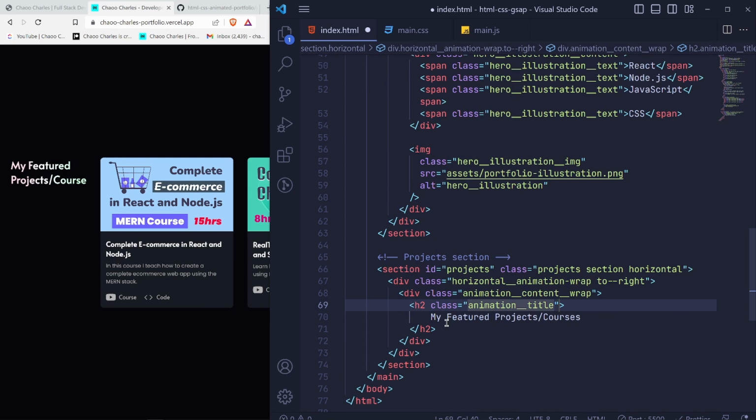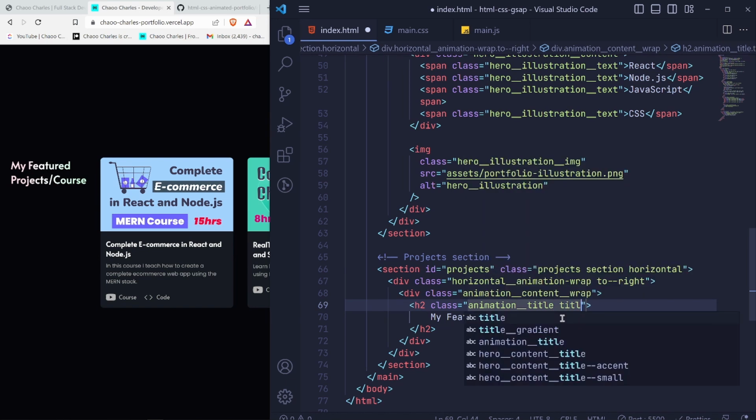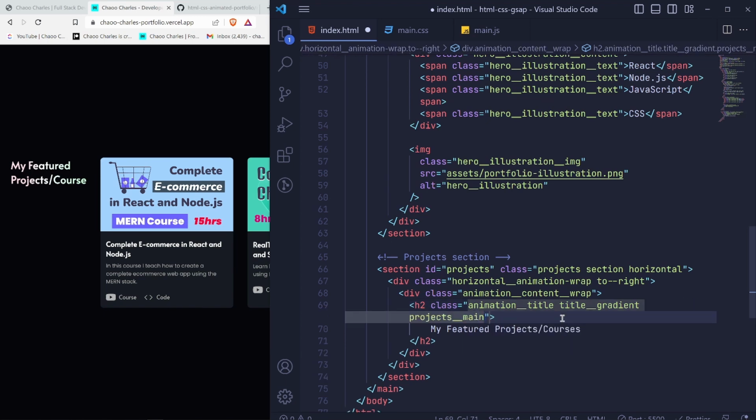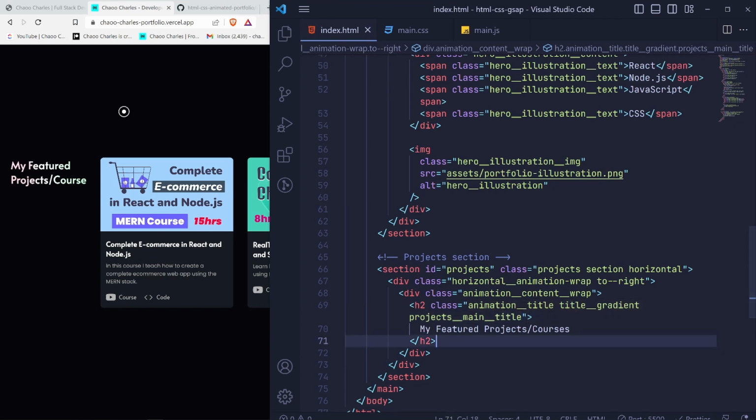So that's why I used animation. Then here we'll have title, then underscore gradient, and here we'll also have, I can say, projects. Now this will be specific for this part, projects, then underscore main underscore title. So if I happen to check,